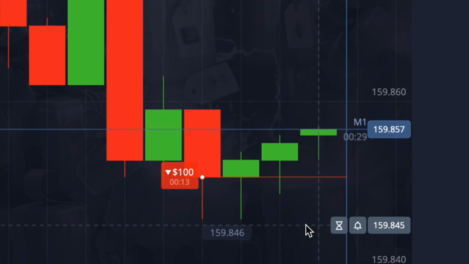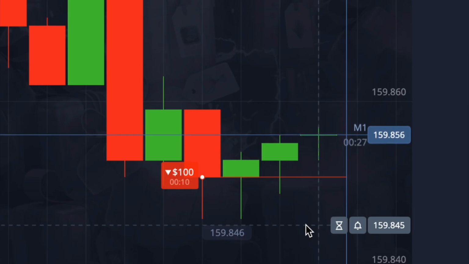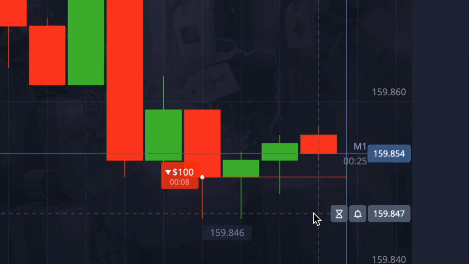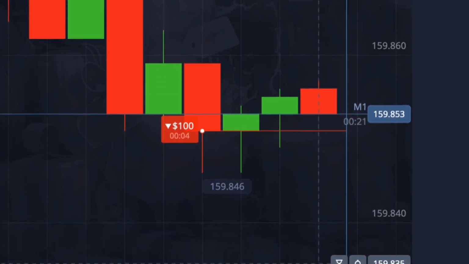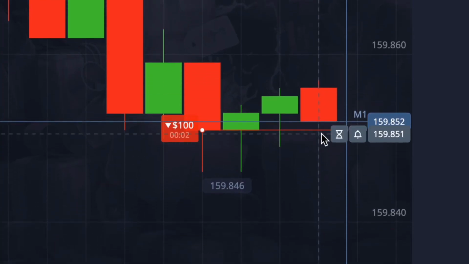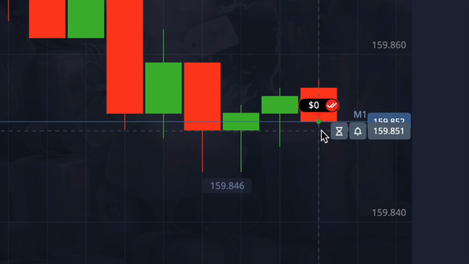14 seconds left, dear traders. We might close with a loss here, we might not make it in time. It's going down, there's a correction happening. Here's the future movement, the chart predicted it. 1 second left, an unfortunate loss. It closes with a loss, and now I wouldn't be surprised if the chart suddenly drops. Could have at least closed with a refund, but okay.